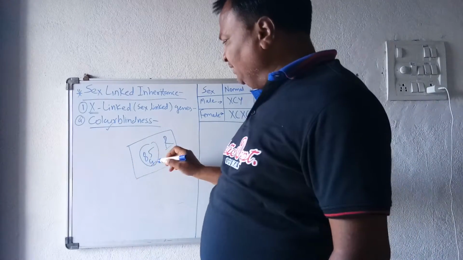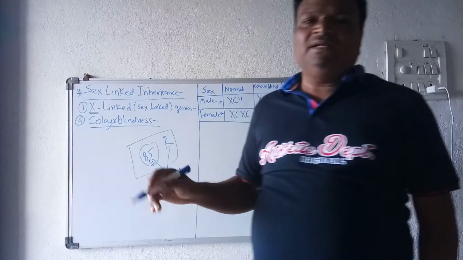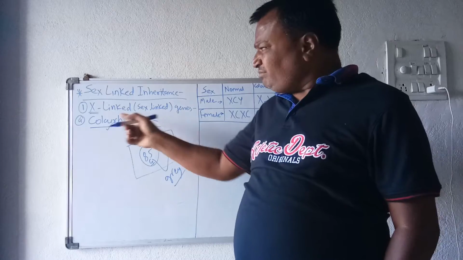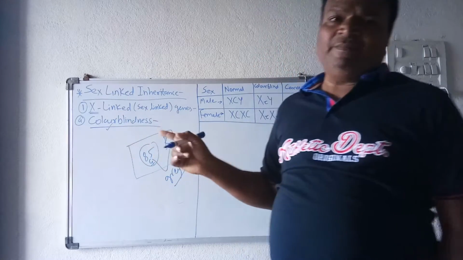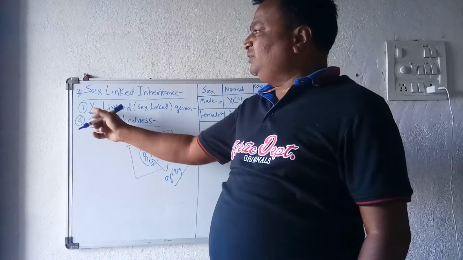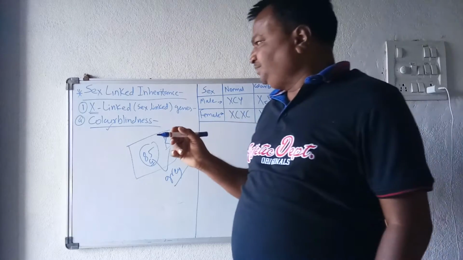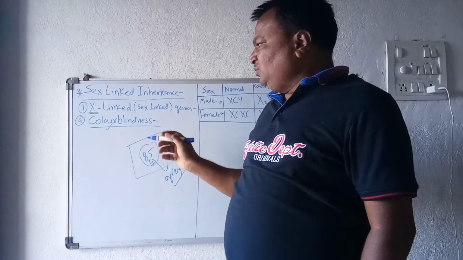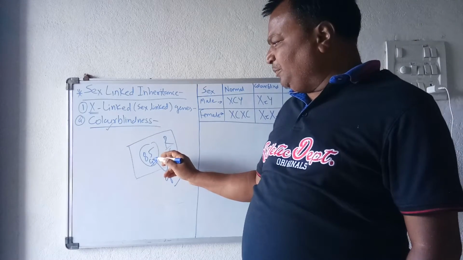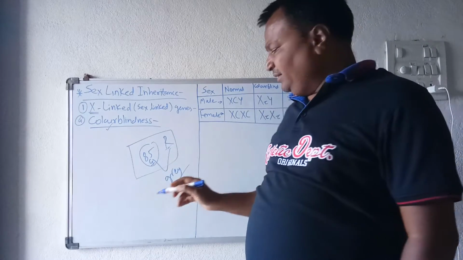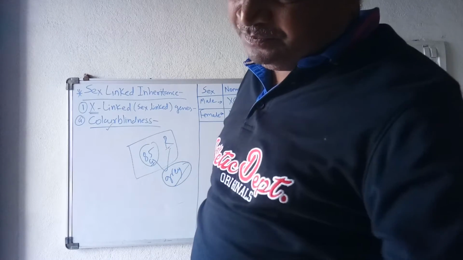And in such a person, both these colors appear as a grey color. Such a person carrying this X-linked gene, that is capital C, they are suffering from that color blindness. And this color blindness gene is also present on the non-homologous region of the X chromosome. So this person suffering from color blindness will not identify properly the green as well as the red color, and both colors appear as a grey color. So such a defect is called as